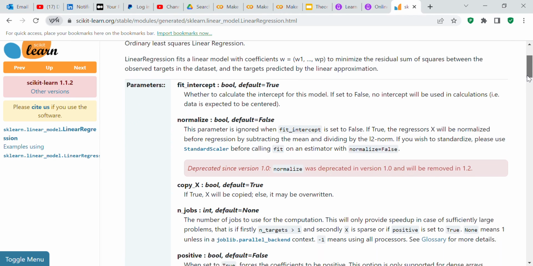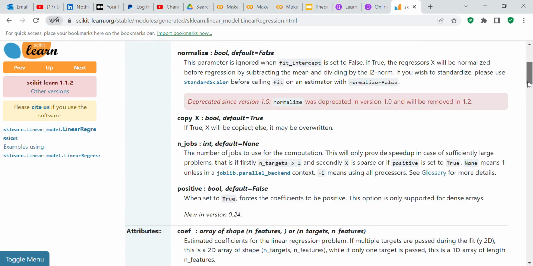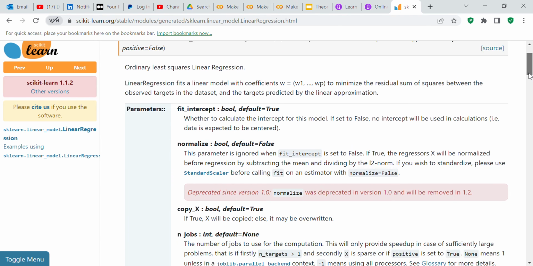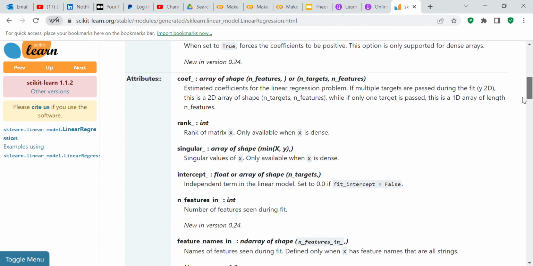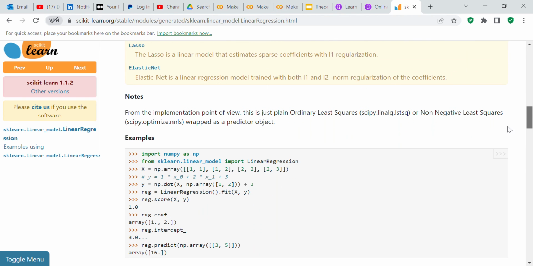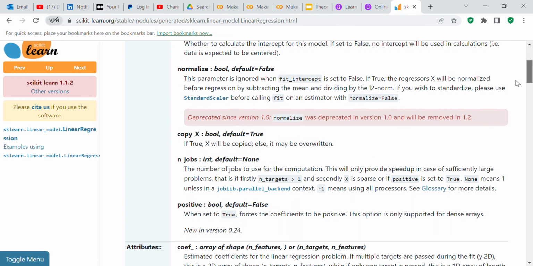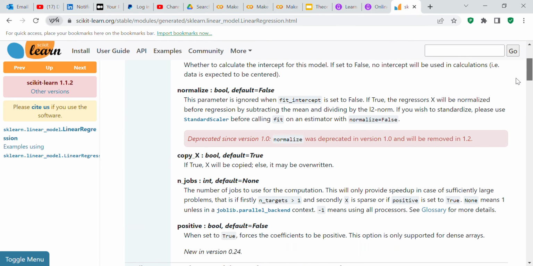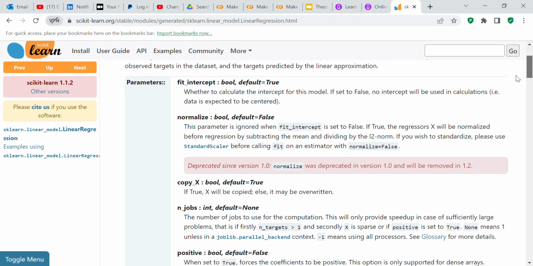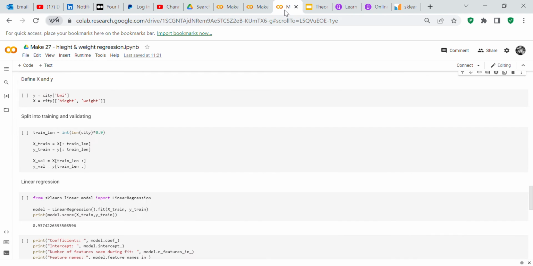So the parameters are fit_intercept, normalize, copy, and n_jobs, positive. It doesn't really say much. It says attributes, and it doesn't say a whole lot, does it? It says fit_intercept, normalize. I'm going to try fit_intercept, normalize equals True. Let's try normalize equals True and see if we can